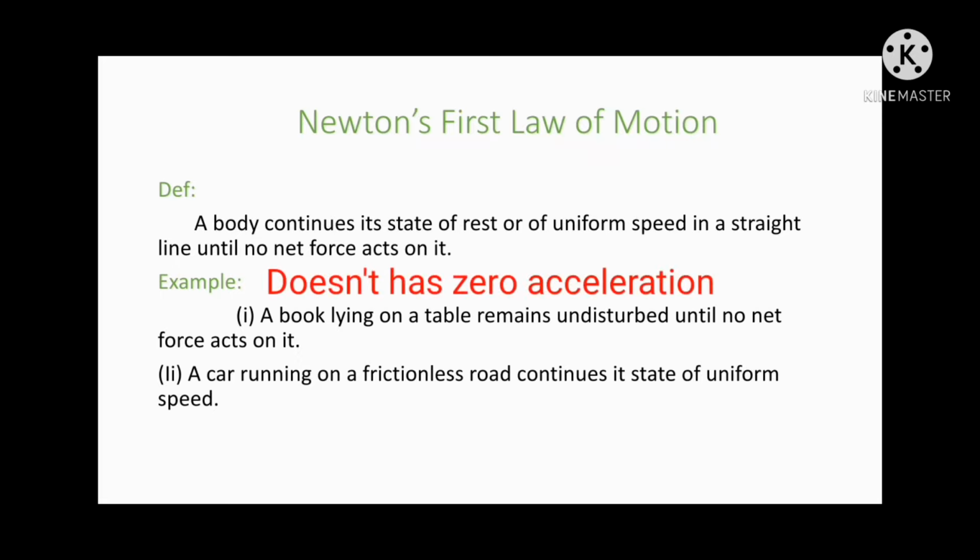It is because velocity is a vector quantity, meaning a quantity which demands direction as well. In a straight line its direction is not changing, but in a circular path its direction is continuously changing. So we can say that its velocity is continuously changing, and the rate of change of velocity of a body is called acceleration.